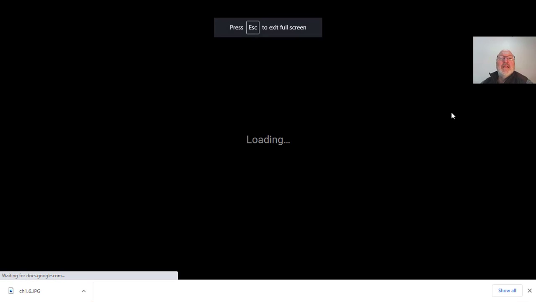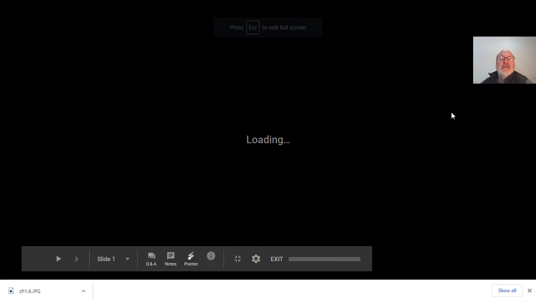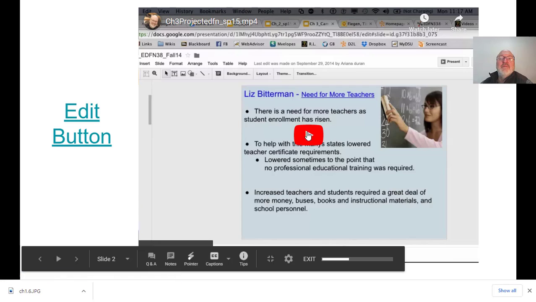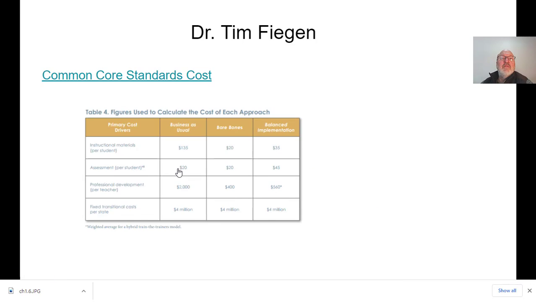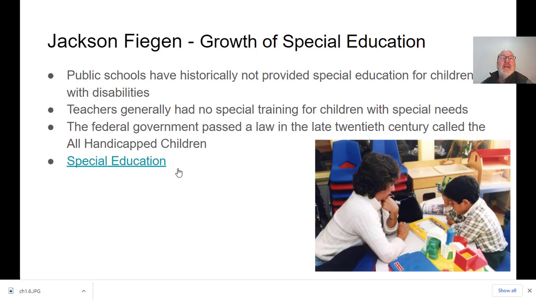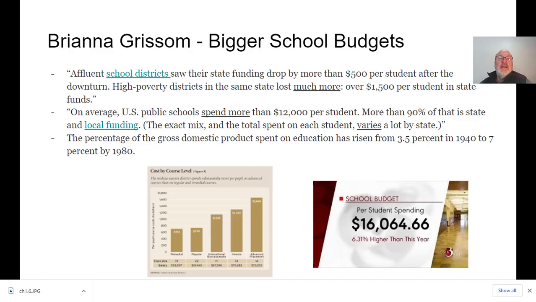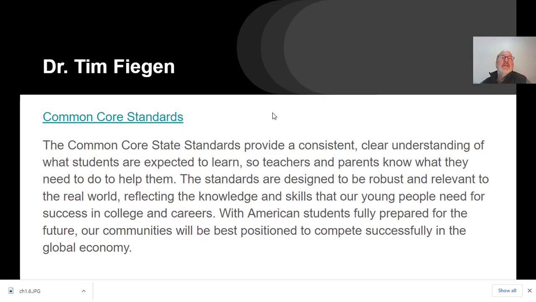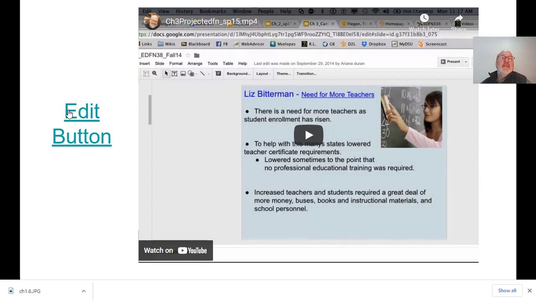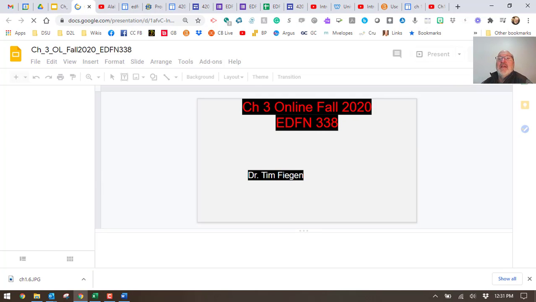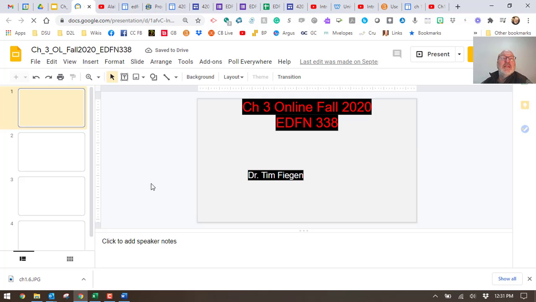So when you open the link, it'll come like this. And here's the edit button. Here's the video on how to do it. And here's the everybody getting a different one. There are the topics. And you'll get a blank slide like that. And we come back to here when you're ready to do it. Looks like this. Okay, and you're in. And again, that's only if I have you and I've shared this with you.